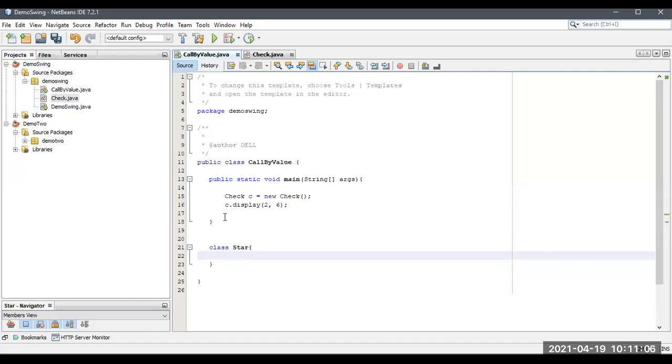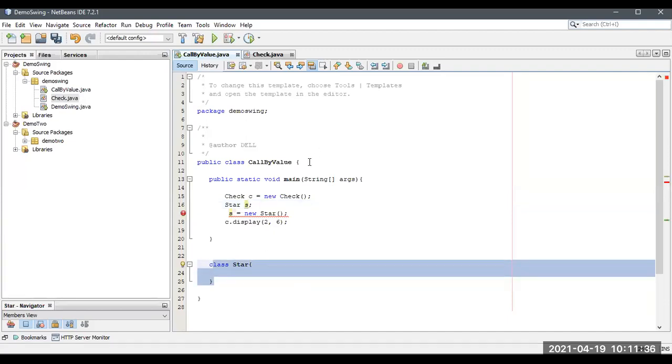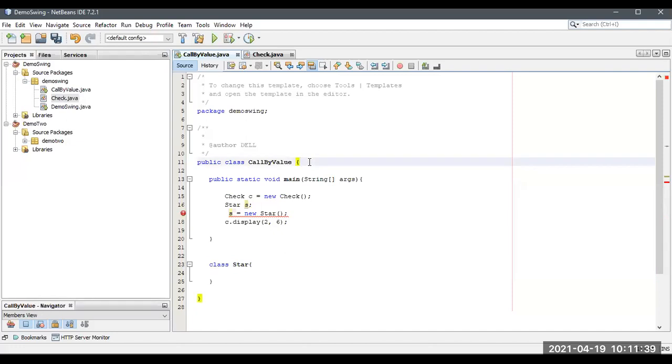In this way also, I can create an object from here like this: s is equal to new star. This is a non-static method, so I have to declare the same thing. If we are going to create a class inside the same class, we'll call it nested classes. From this, we can directly access from here also. Okay, I will tell you about that later.